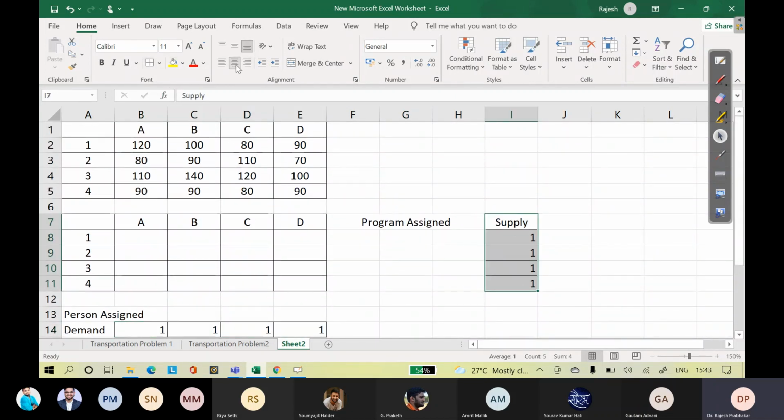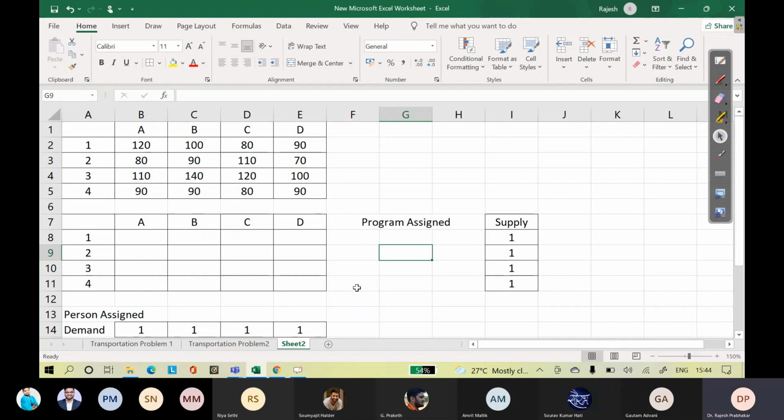Minimum 1 person is required to do the task, so we are putting supply as 1. Why are we putting demand and supply as 1? Because there has to be a minimum of 1 person assigned, right? Yes, sir. So we have to assign at least 1 person. Yes will be 1, no will be 0. But we are assuming at least 1 person has to be assigned for each program. If you don't want to assign anybody to that program, we can make it 0.